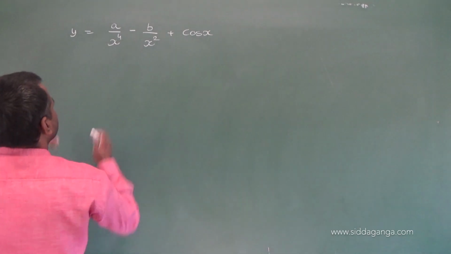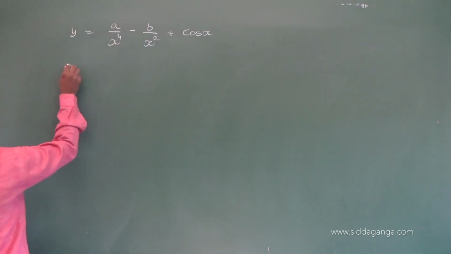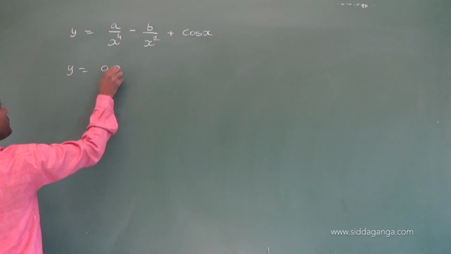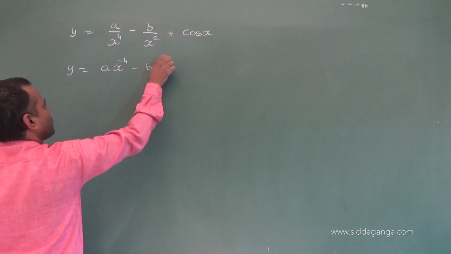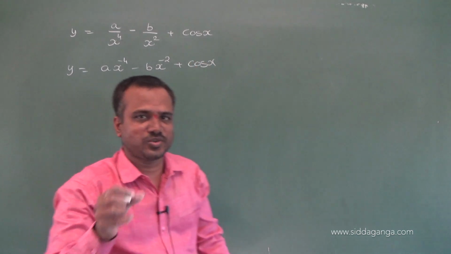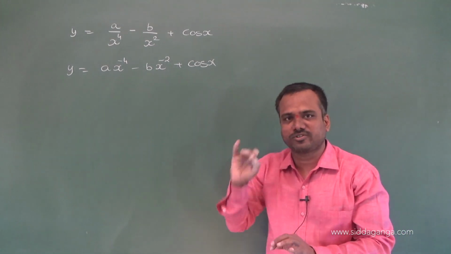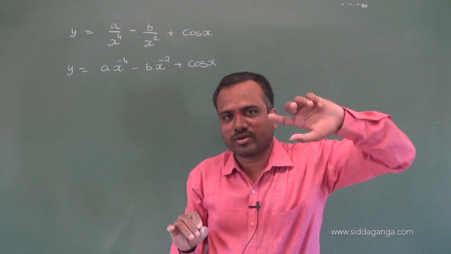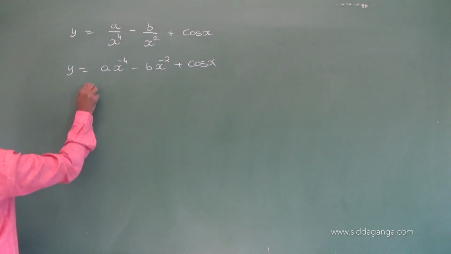Better first what we do, we shift x to the power 4 and x square from denominator to numerator. a into x to the power minus 4 minus b into x to the power minus 2 plus cos x. Then it is very easy to differentiate. For ease of differentiation, for that purpose only I shift x to the power 4 and x square from denominator to numerator. Okay, differentiate